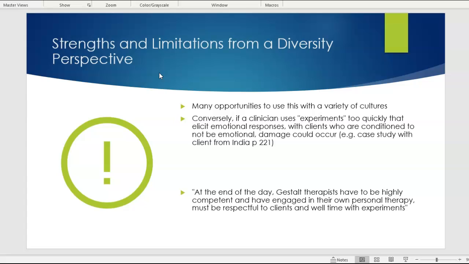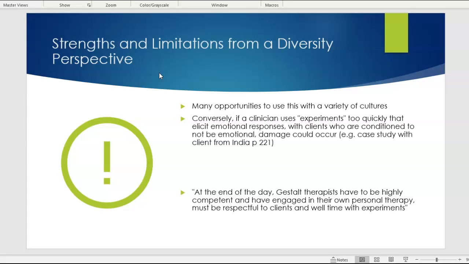There were strong cultural injunctions prohibiting him from just expressing emotion to his parents. A client from India who was asked by his counselor to bring the father into the room was very reluctant to even symbolically tell his father of his disappointment with this relationship. In his culture, the accepted way to deal with his father was to use his uncle as a go-between, and it was considered highly inappropriate to bring father in and express any negative emotion to father. The client later said he would have felt very guilty if he had symbolically told his father what he sometimes thought and felt. So this is where we have to be really sensitive. That's in the text under shortcomings from diversity.